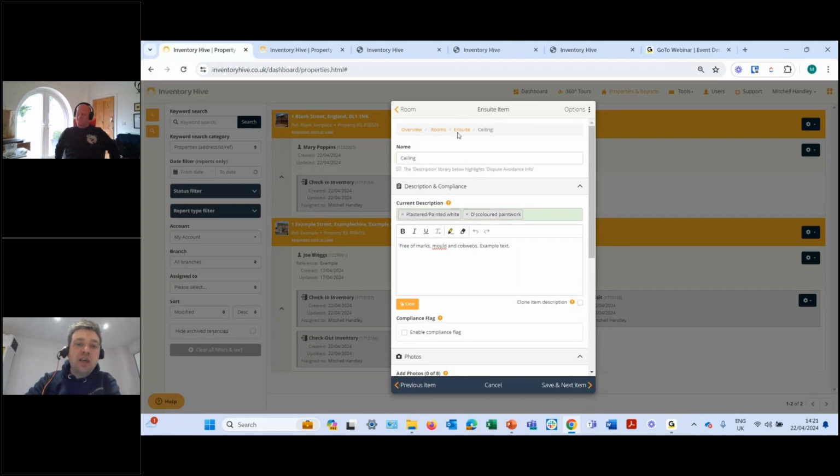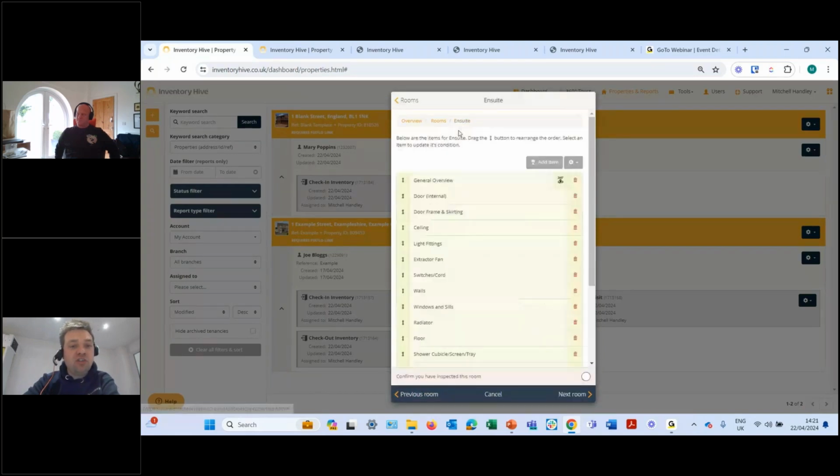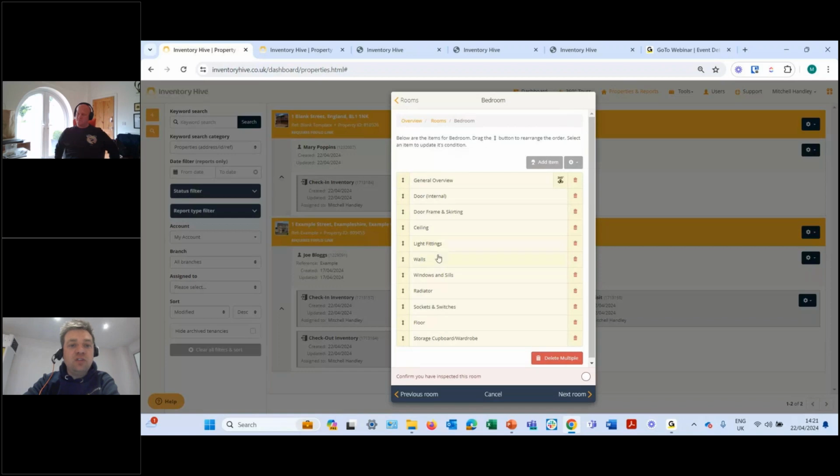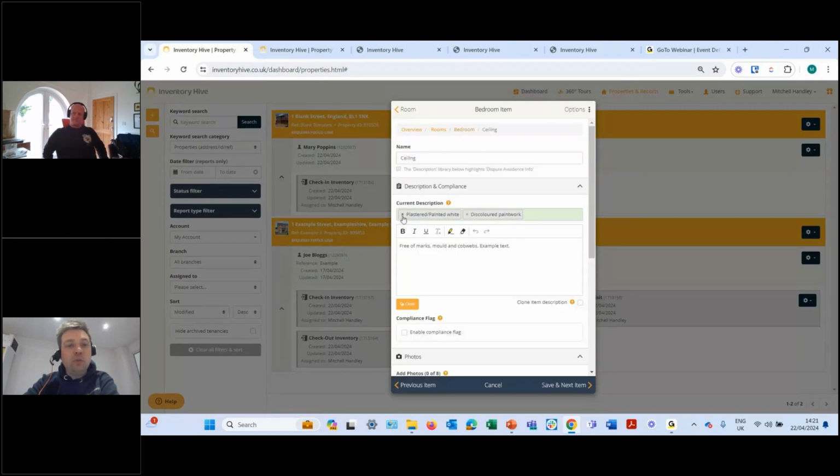But if you get to another room and that isn't the case, such as one of the bedrooms, go to the ceiling, and if it's not plastered and painted white, you can delete that out and then choose the